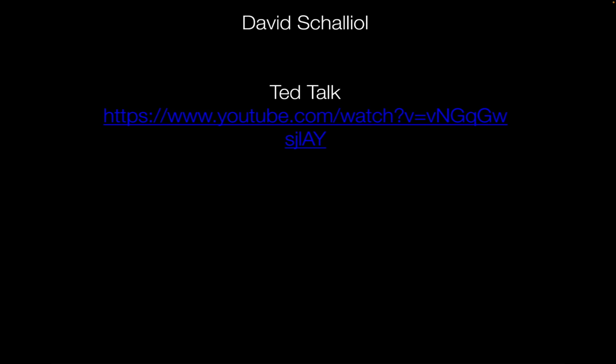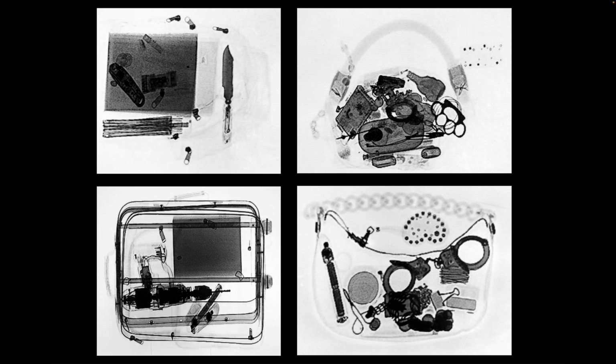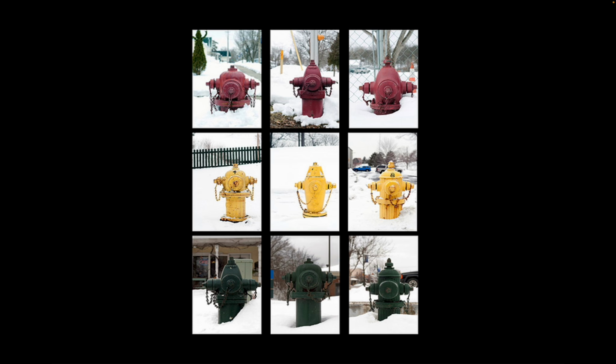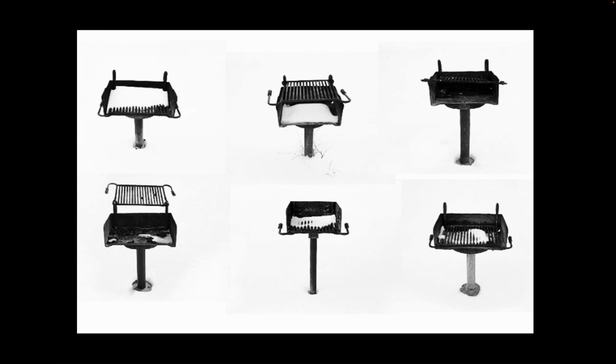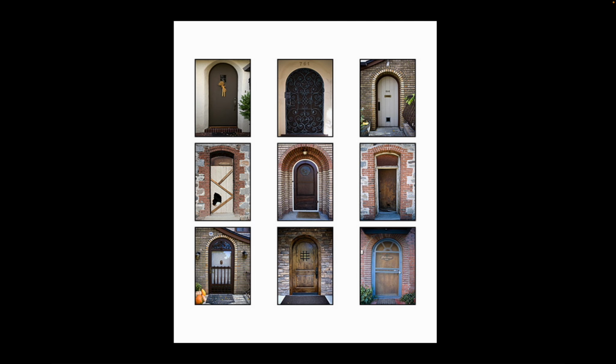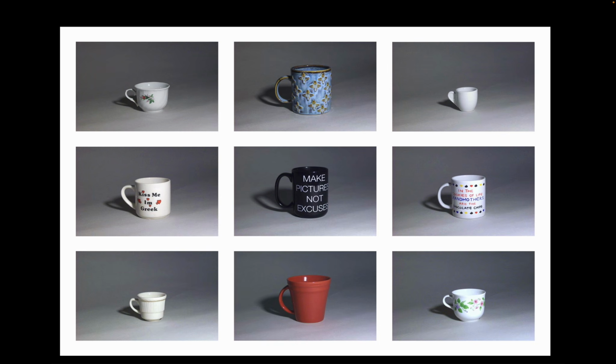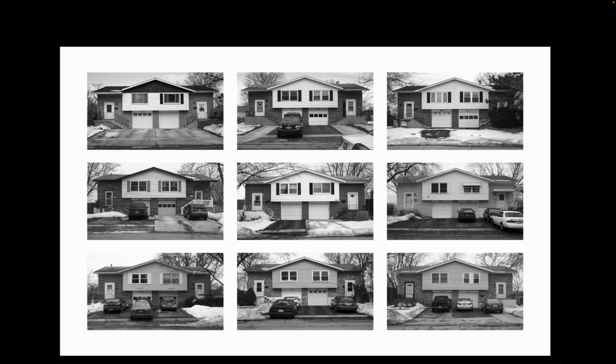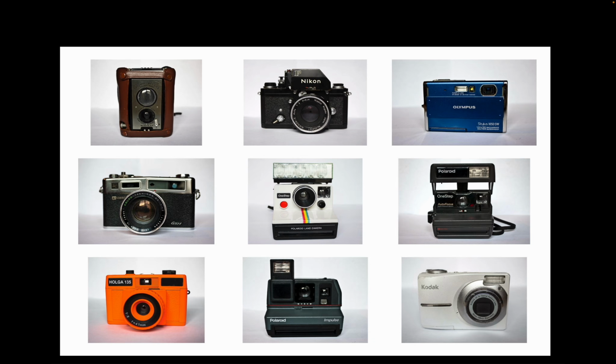So I'll link this in separately. And then here are some student examples of items going through an x-ray machine: hairstyles, planes, shovels, fire hydrants, grills in parks, doorknobs, doors, windows at night, benches, coffee mugs, breakfast food items, car tires, duplexes where you can see the differences on one side versus the other, even though they're all photographed originally being the same structure. Ceiling fans, cameras,